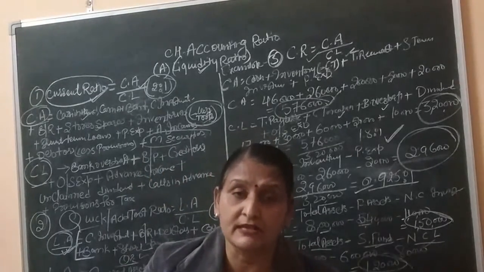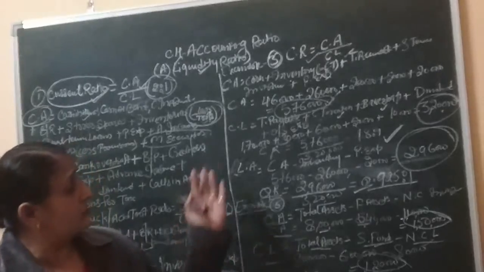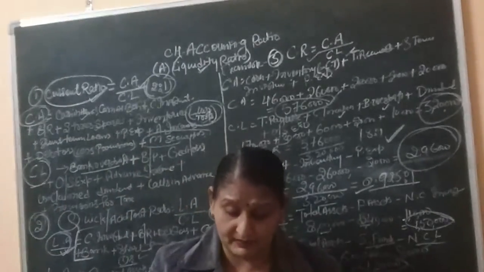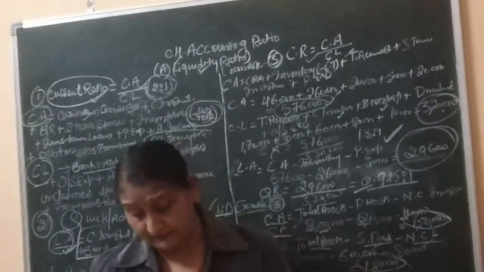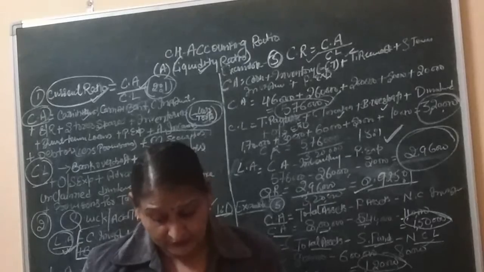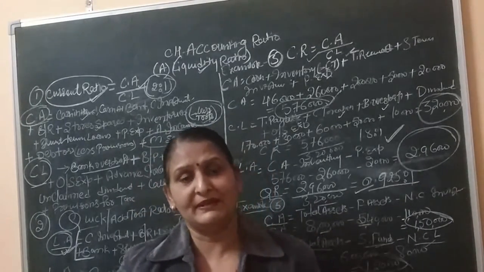So student, this was the liquidity ratio and the concept is current ratio and quick ratio with the two examples, example number 3 and example number 5. बेटा नेक्स्ट वीडियो में हम करंट रेशियो और क्विक रेशियो के कुछ क्वेश्चंस और करेंगे। टिल देन यू हैव टू कंप्लीट योर बैक एक्सरसाइज क्वेश्चंस अप टू क्वेश्चन नंबर 8। थैंक यू।